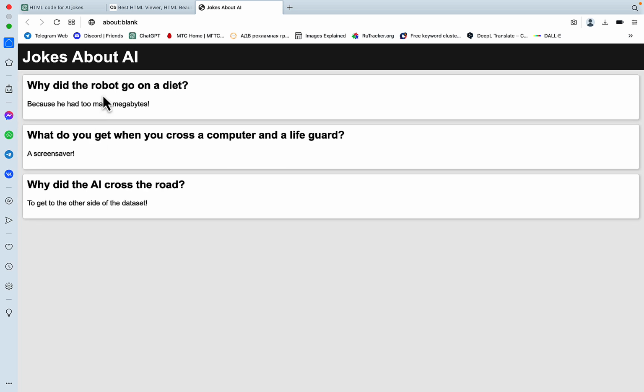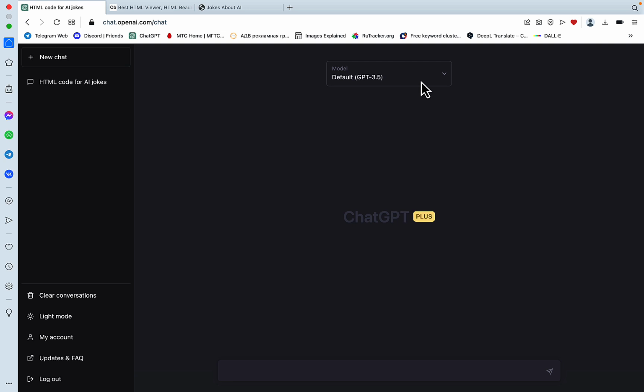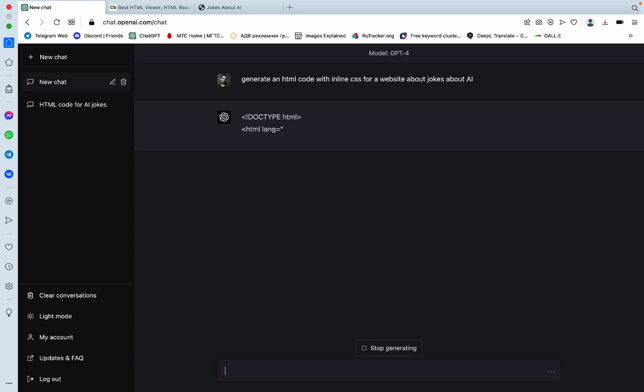Why did the robot go on a diet? Because he had too many megabytes. What do you get when you cross a computer and a lifeguard? A screensaver. Why did the AI cross the road? To get to the other side of the data set. Oh, the third one is a bit iffy, but the first 2 are pretty good. Made me laugh anyways. So let's see what GPT-4 does with the same prompt. And from what I'm seeing, there is no window from which we can copy, so it was kind of neat in the previous version of